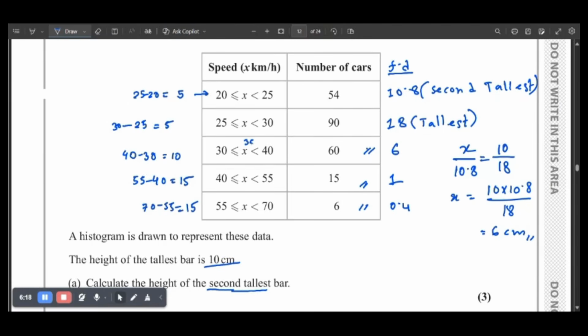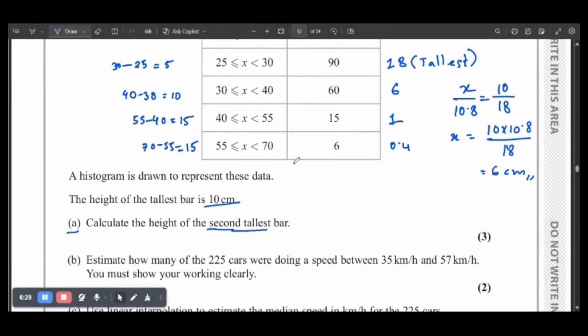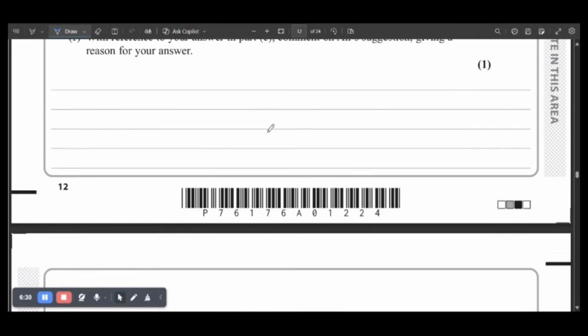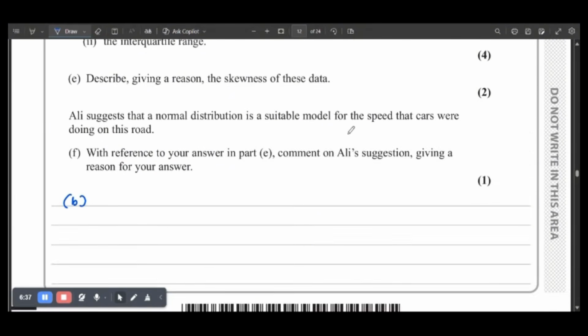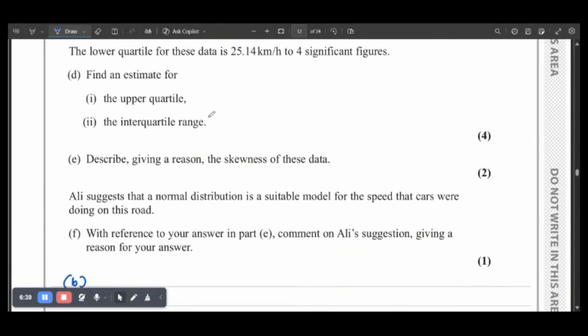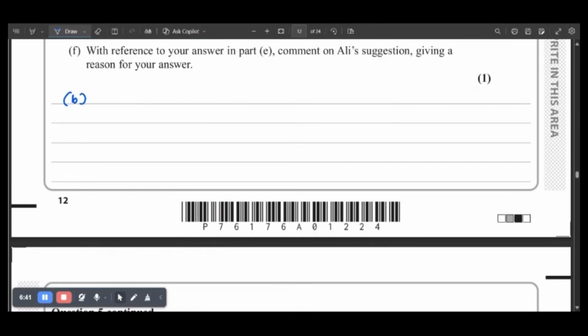We have to estimate the class width, and then we have to use our frequency density to find the frequency, to estimate the frequency within that new class width. So we can write for part B,